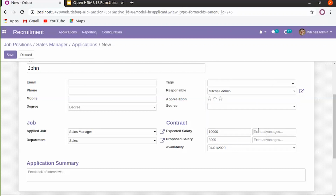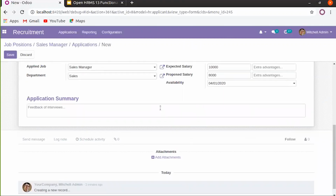Then if there are any extra advantages, you can just add it here. It is free text, so you can add it here. Then we have an application summary. Normally you can enter all the feedback of the summary here in the summary column, like communication